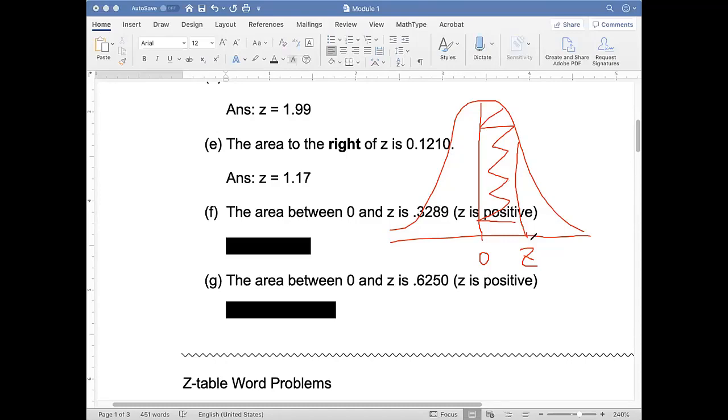So what you can do is, this is 0.3289. What is the area to the left of 0 then? What is the white part? Is it 1? 50%? 20%? Is it 50, half, right? Jackson is right, 50%. So the white area is 50%. You know this part is about 32, 33%. So you want to add up those two numbers, and that's going to give you